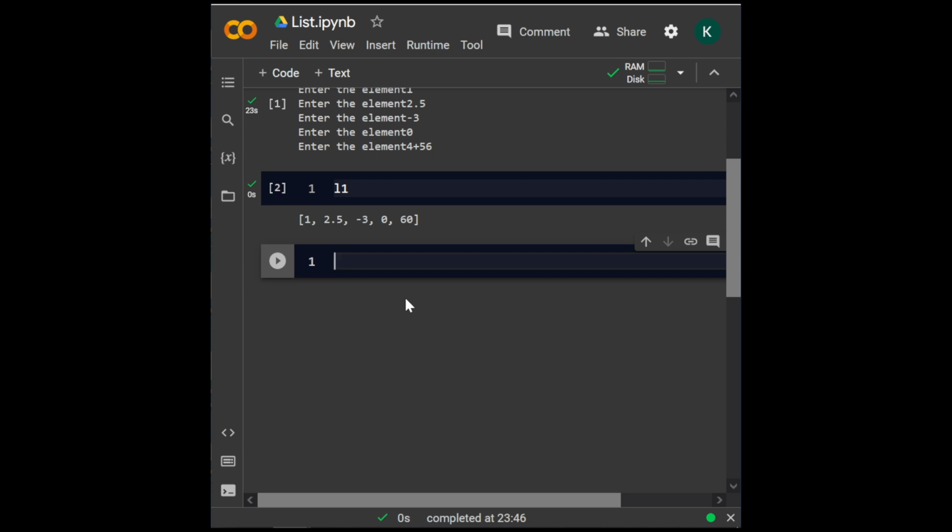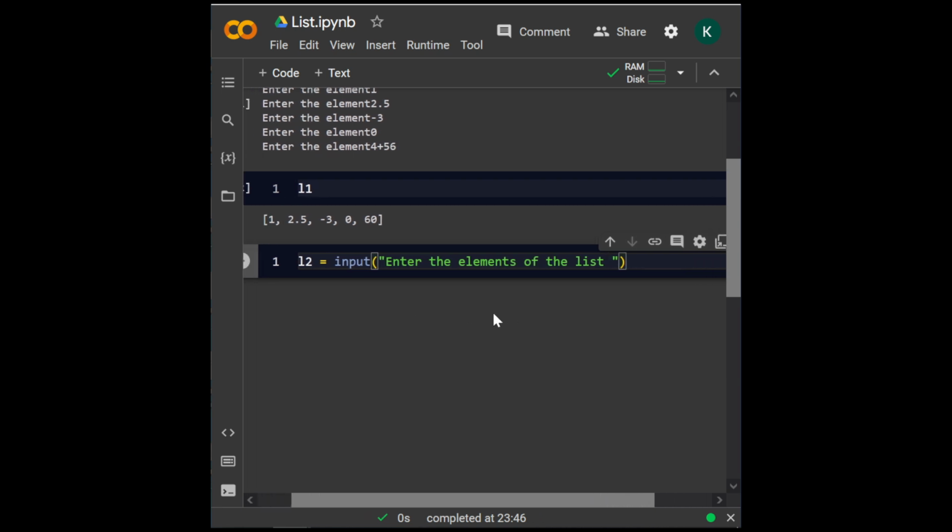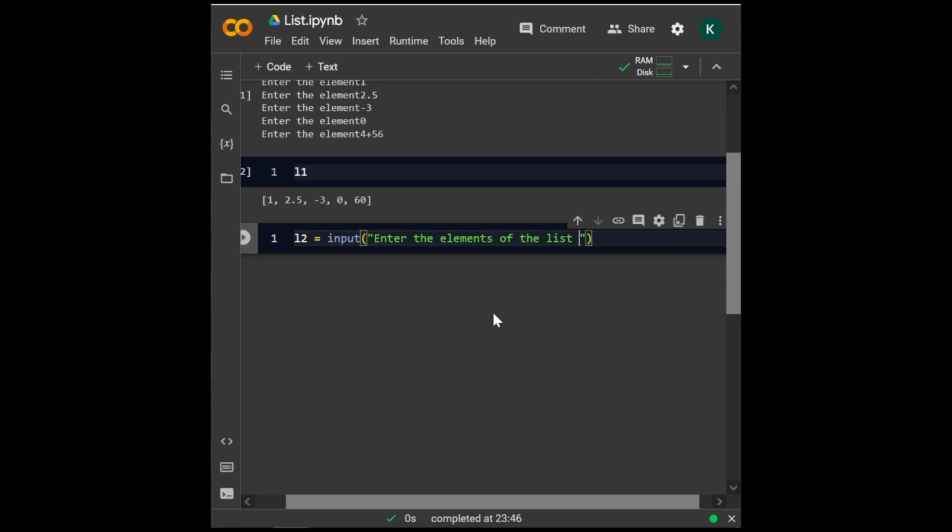So now what you will do is you can first take the input from the user and then split it. So if I say L2 directly equal to input, enter, the only thing is you have to specify what separator you are using to separate the elements of the list. So in this case let's say I say separated by commas,